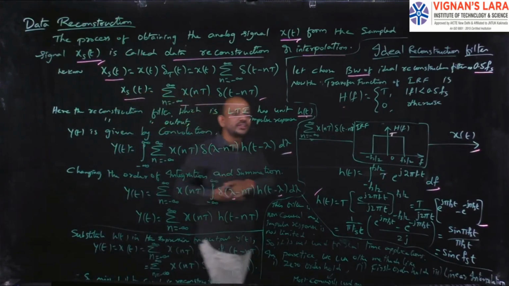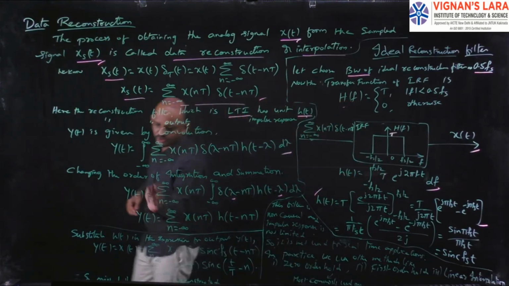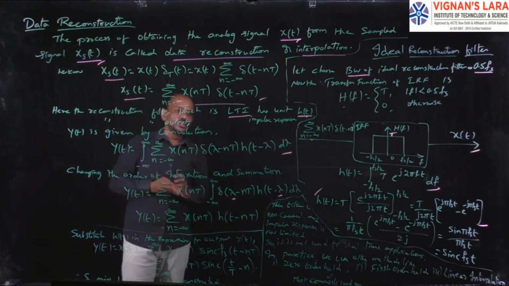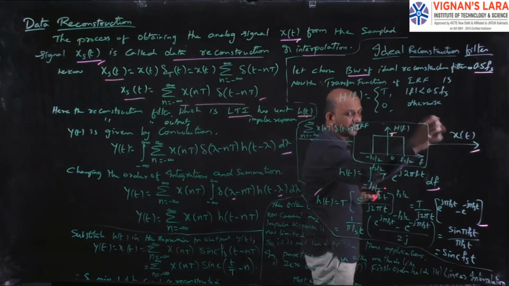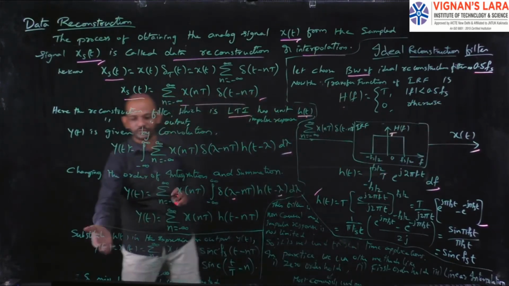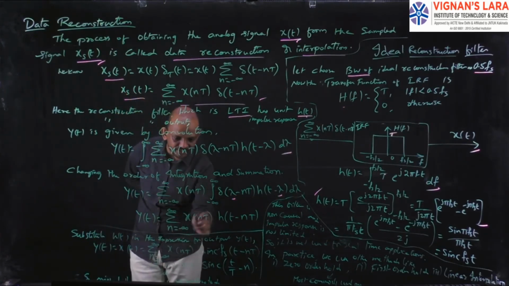The output of the reconstruction filter is our original signal x of t. Hence I have to write this output as x of t. Simple logic. So I have written y of t equal to x of t, and that will be equal to summation n equal to minus infinity to infinity of x of nT